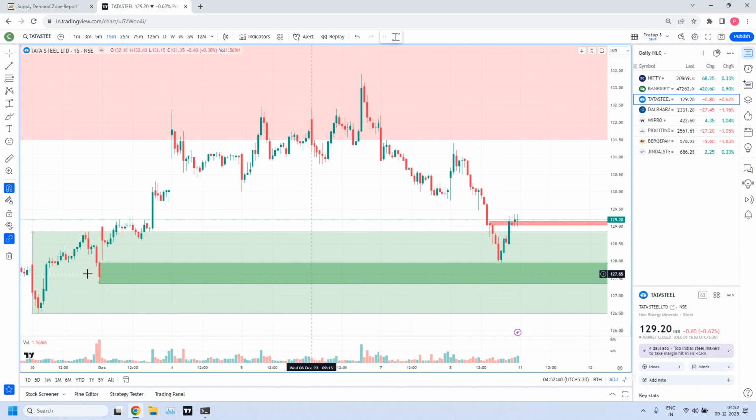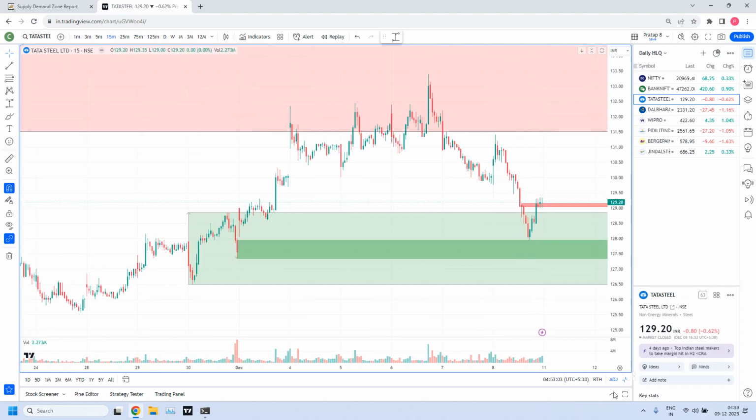See, by considering all these things, we have drawn a zone and accepted it. But the problem with this zone is, okay, according to our analysis, it worked. But we don't accept this trade. Why don't we accept? There are multiple reasons. One reason: